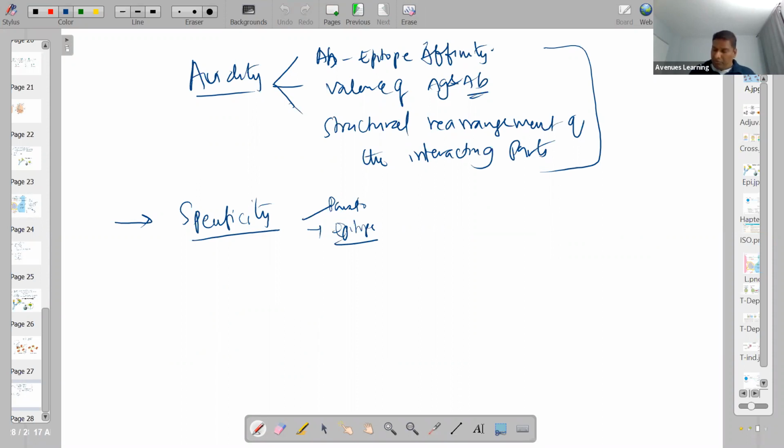However, we already discussed cross-reactivity. There are a few instances where antibodies generated against a particular antigen can interact with a different antigen. Why? Because they might share certain epitopes which are common. We discussed the example of smallpox and cowpox. So that is about the antigen-antibody interactions. Next we will look at the antigen processing and